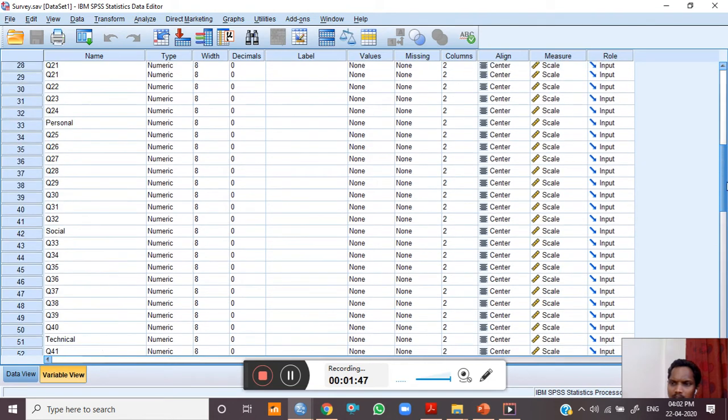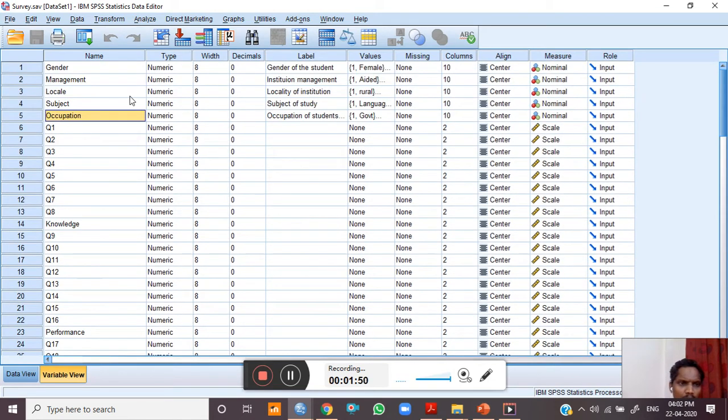Now let me also tell you that when you are entering the variable name, you have to enter the variable name here. Second, you can't enter the variable with a space.